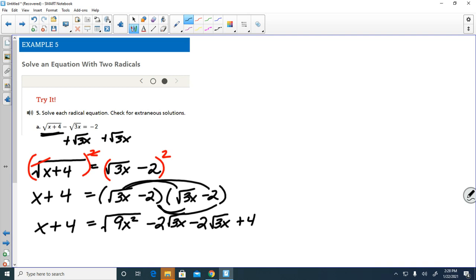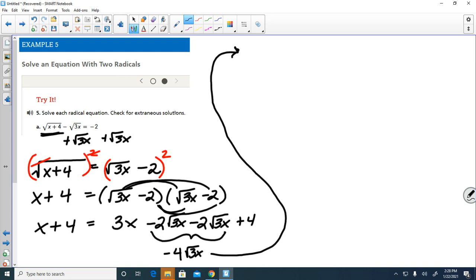All right. Now the square root of 9x squared: the square root of 9 is 3, the square root of x squared is x. So I'm going to change this part to 3x. Then I also have like terms right here. Negative 2 square root of 3x minus another 2 square root of 3x is negative 4 square root of 3x. So I'll take all this information,